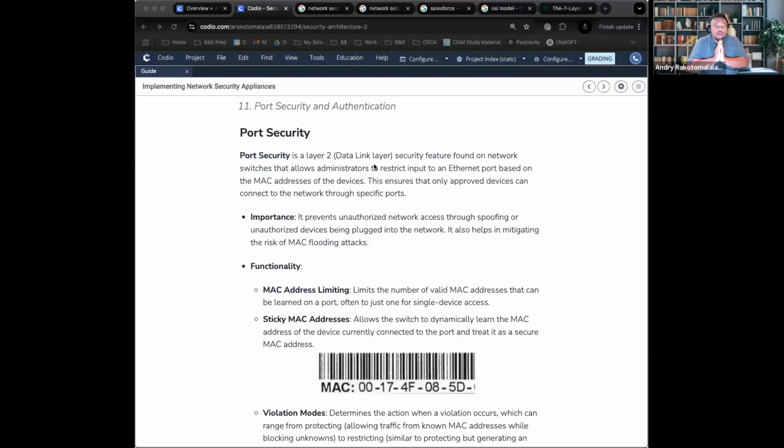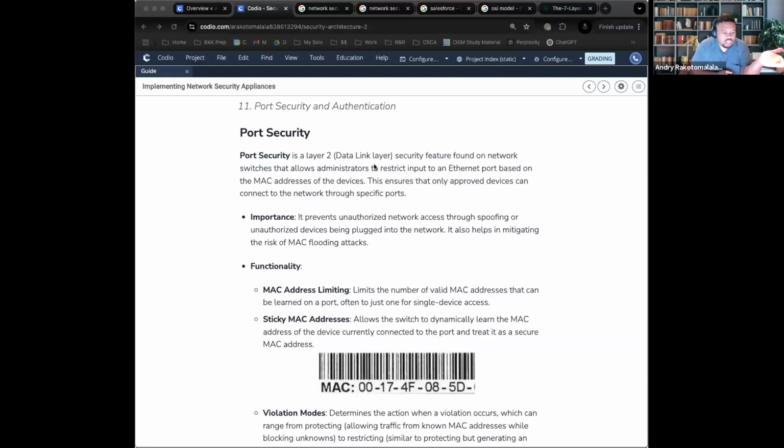RDP, which stands for Remote Desktop Protocol, which allows you to log into a computer from like your home, has a specific port. It has very dedicated ports, and each of those ports has violation modes, meaning if there's unauthorized traffic on the email port, well, then on that switch, it could either just drop that traffic, restrict that traffic, or completely shut that port down.